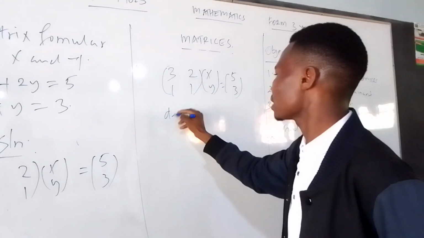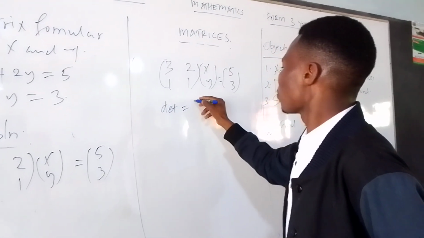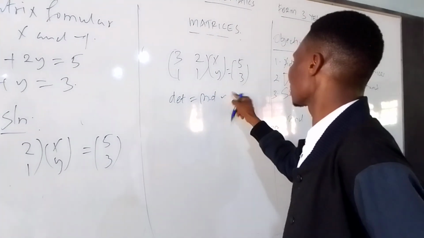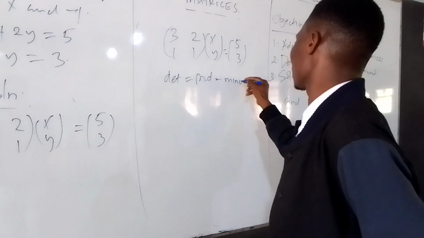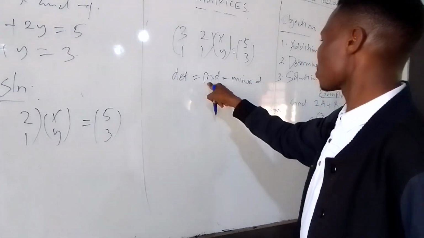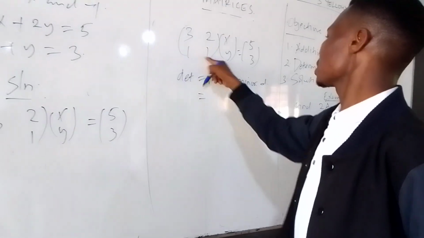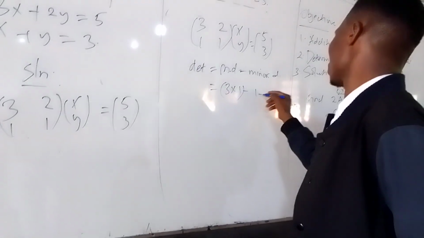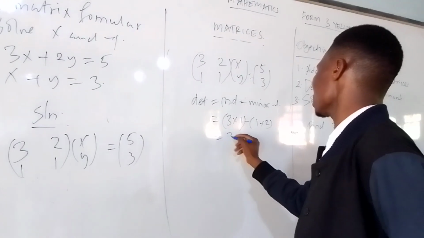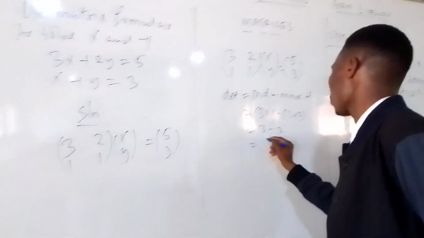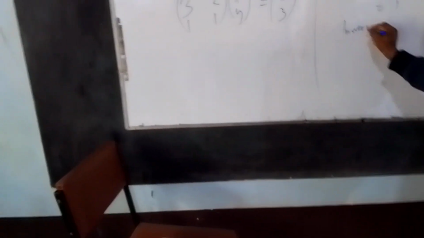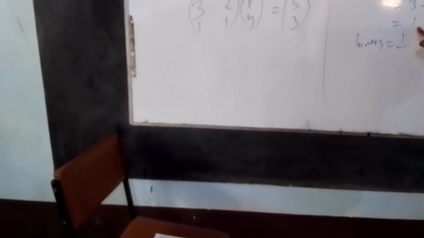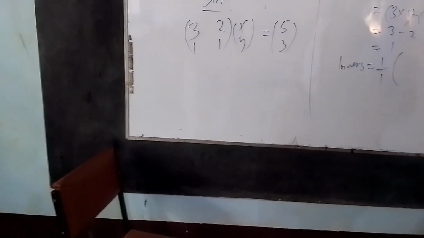The determinant of this one is equals to major diagonal minus minor diagonal. This is major, this is minor. So major diagonal is 3 times 1 minus minor diagonal is 1 times 2, which is equals to 3 minus 2, which is equals to 1. But now let us also find the inverse of this matrix. Inverse is equals to 1 all over determinant, but determinant is 1. So 1 all over 1 into, you interchange the main diagonal,